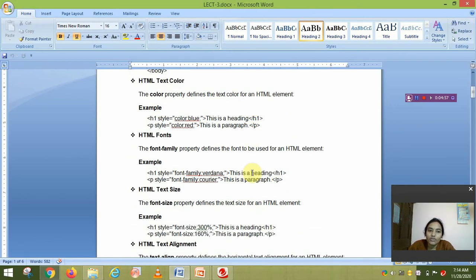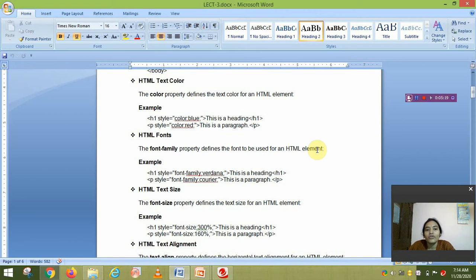Next is your font, that means which type of font, for example Times New Roman, Arial, Calibri, Verdana. These are the font styles. Here the font-family property defines the font to be used for an HTML element.